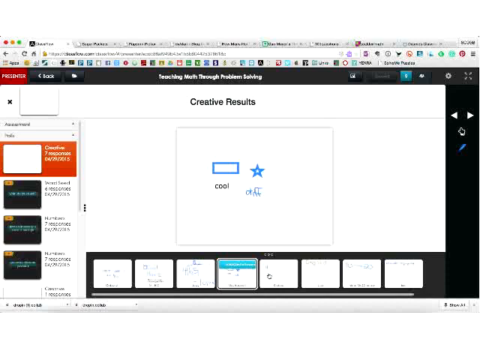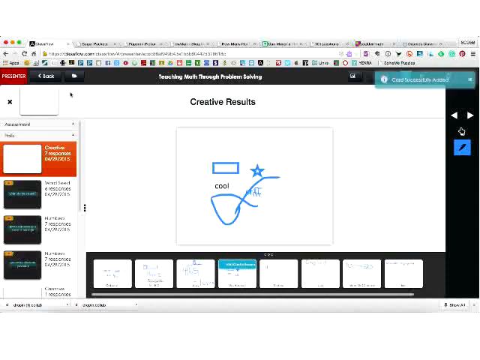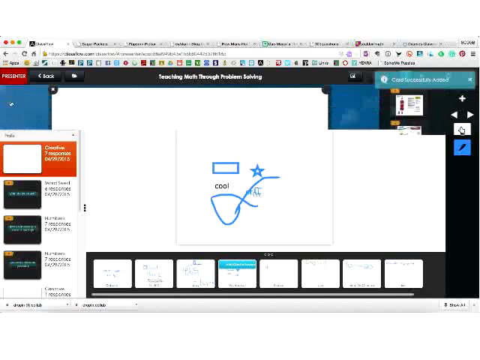Awesome. So as you can see right now, I can go through and I can pull up anyone's solution, and what I can do when I'm doing that as well is I can grab the pen tool and start drawing on the screen as well. The other thing I can do is that I can send out that card to our main lesson, and now it's in our main lesson and we can revisit it after. So let's add this one in there as well. There we go. Now I'm going to go back to our main lesson.